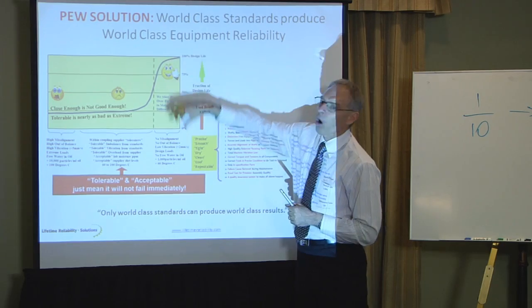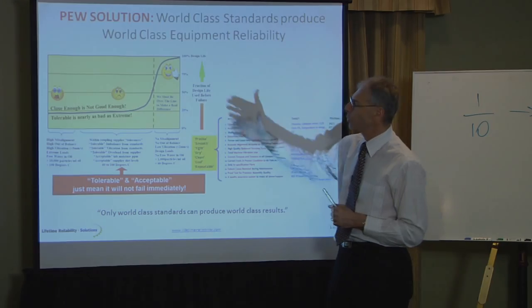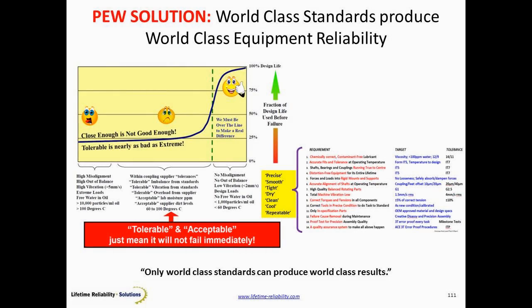Be in here for the whole life of the machine. As a consequence, we'll have far fewer problems, far more uptime, far more throughput, far better quality, all the things that we want. But I've got to have the right numbers and make sure that these numbers are being delivered to the machines. When they are achieved, there's no misalignment, no out of balance, vibrations very negligible, design loads are